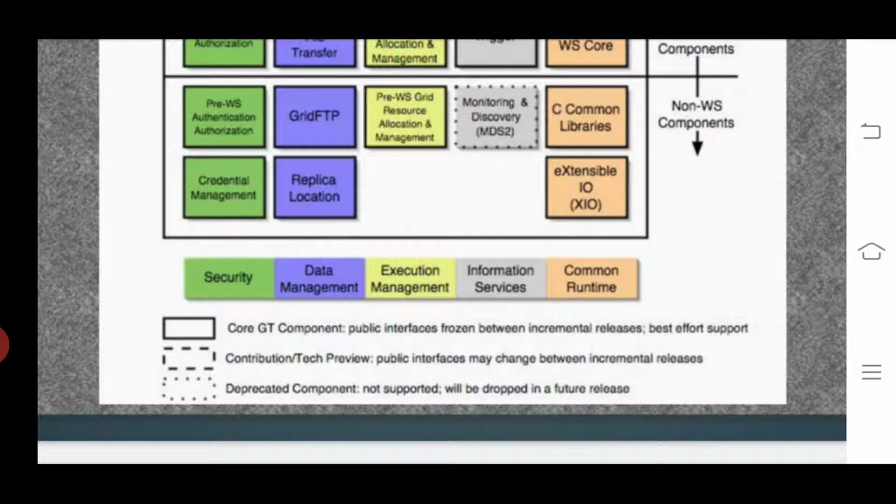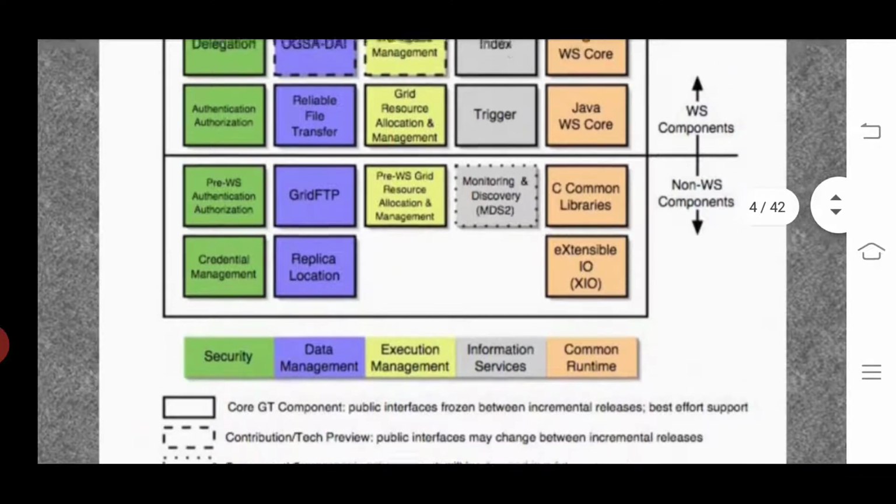It includes public interfaces that may change between incremental releases. The dotted square box is a deprecated component. It is not supported and will be dropped in a future release. This is the diagram of the Globus toolkit architecture.